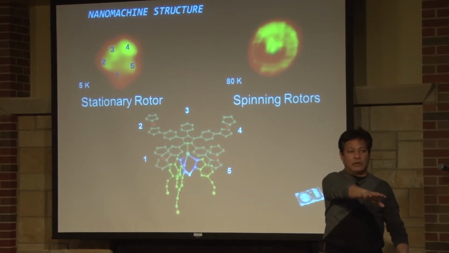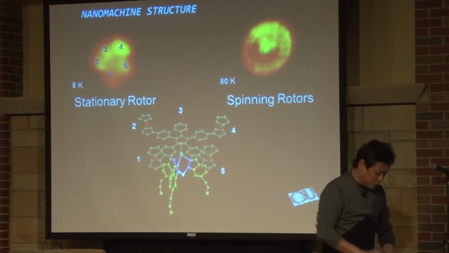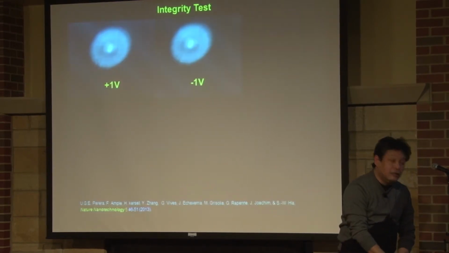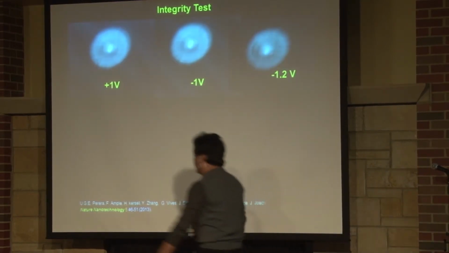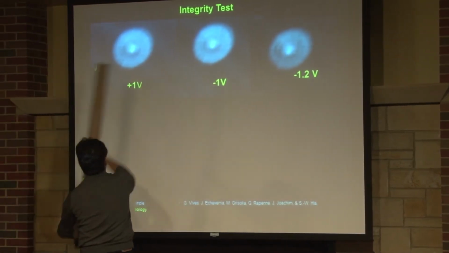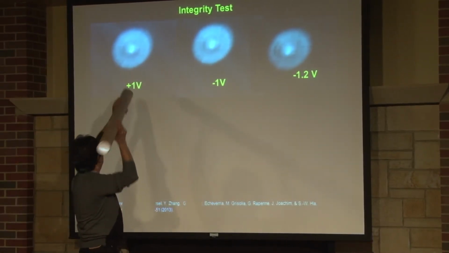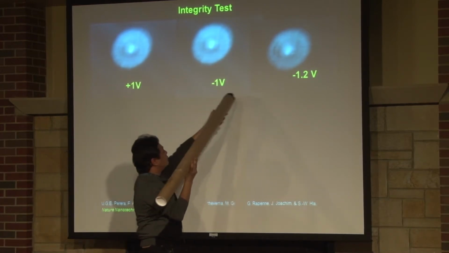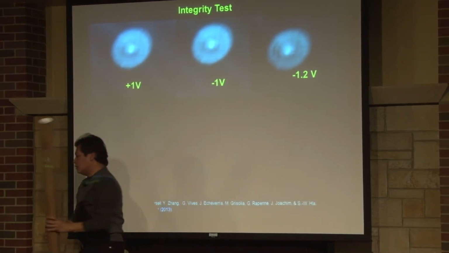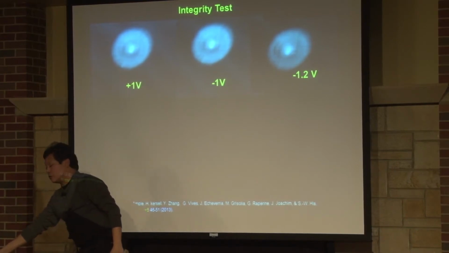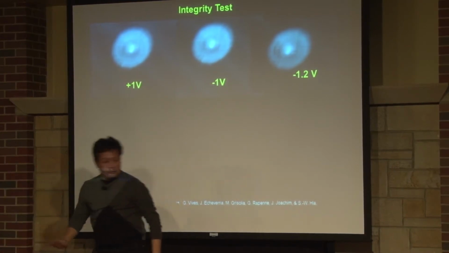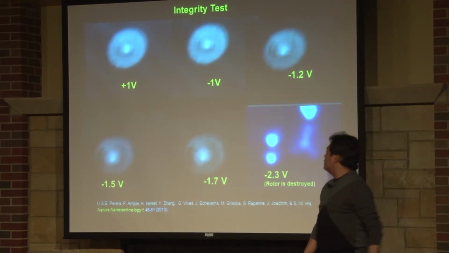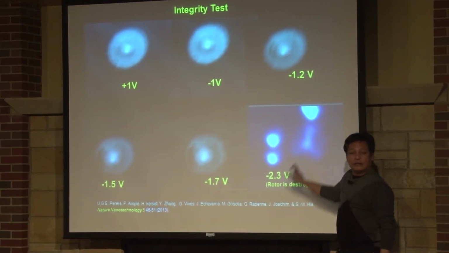Heath Castle, which my grad student, he loves to destroy. So I asked him to take the duty, and he did it very nicely. He used the same tip. What he did is he took the image of this, and then he applied the voltage, the same tip, using it. By increasing the voltage, he applied electric field to blow up the top part of the molecule, and he managed to blow up, and it's shown here. And then you see that there is a tripod underneath.